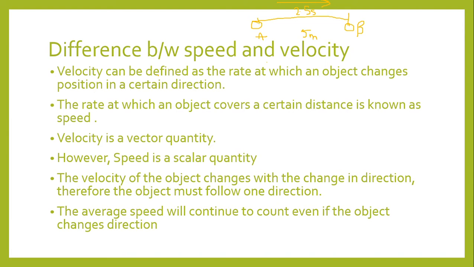The velocity of an object changes with the change in direction. Therefore, the object must follow one direction. The average speed will continue to count even if the object changes direction. So this is pretty simple: the average speed will stay the same if we just count the distance that it has traveled and divide it by the time taken, whether the object, let's just say the one that we were considering,